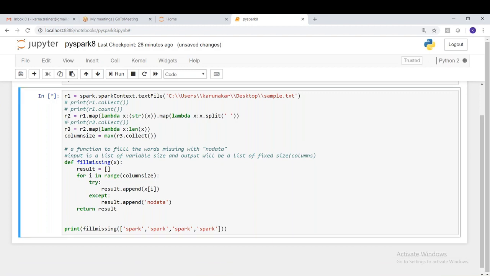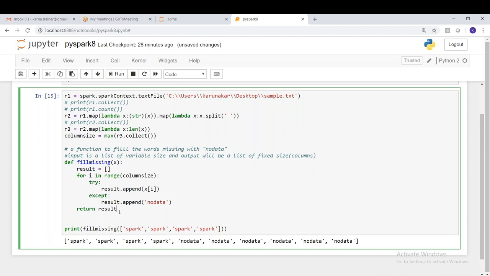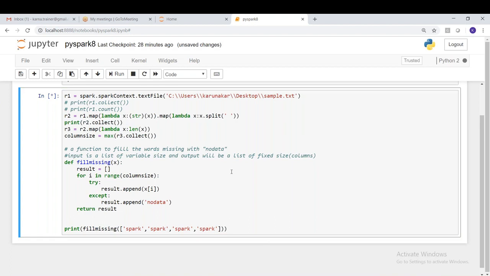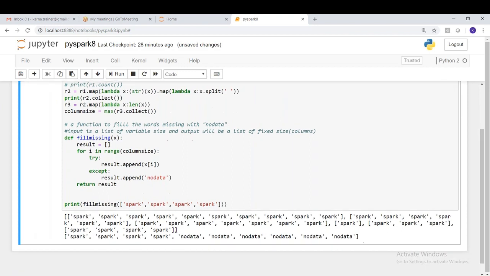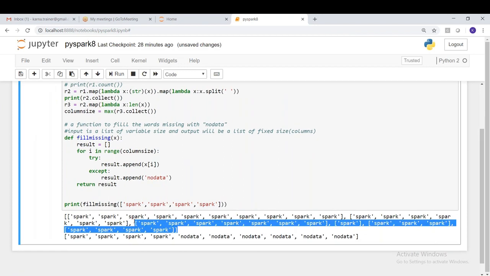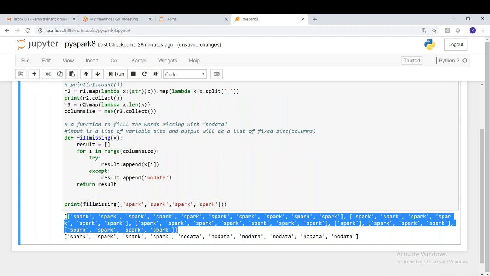Now I'm uncommenting this. Sorry, I have to uncomment this. Perfect. See this case here now. What we have to do is apply the same function to every element of this RDD, that is R2.